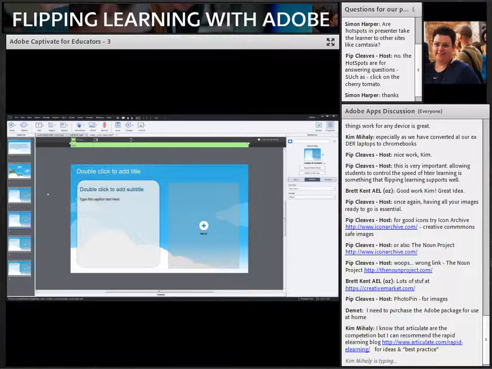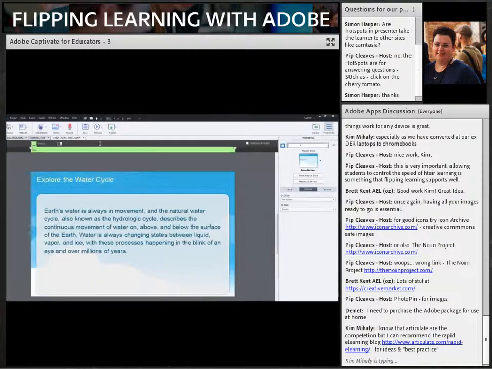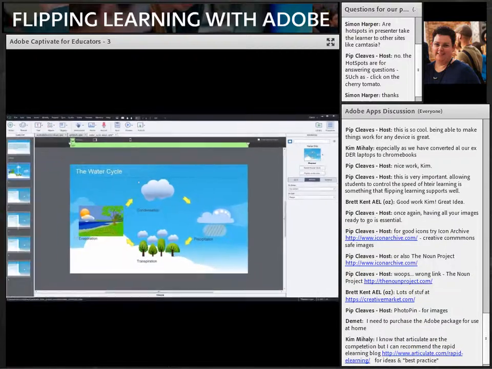Now, as you start working on projects, you're going to find that it's helpful to name the slides. The slides for each project have names that appear in the upper right-hand corner of the property inspector. I've selected the first slide, and here I would put something like intro or introduction to identify that this is the introductory slide. The second slide describes the entire process, so here I would put process